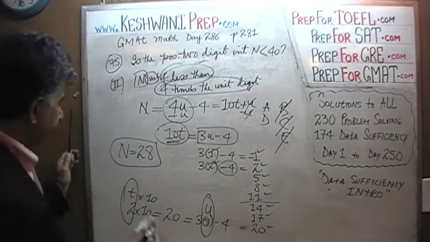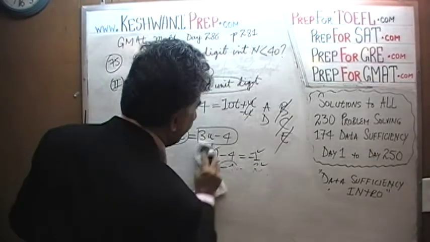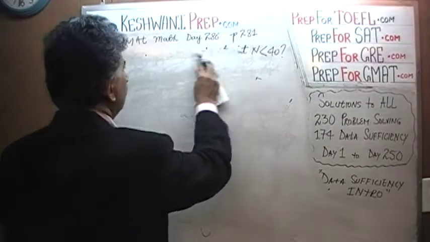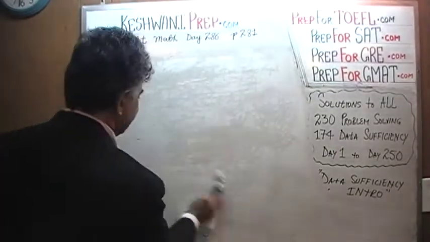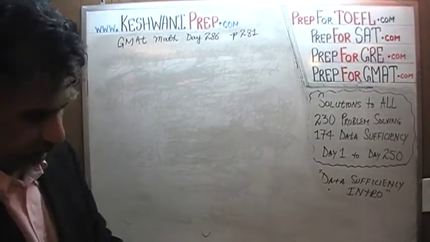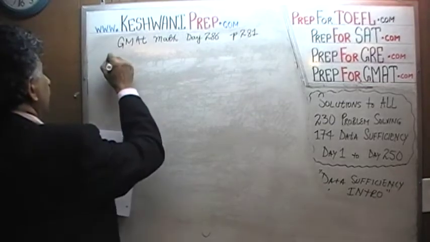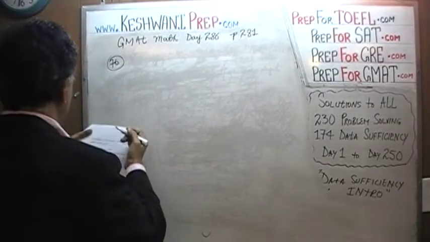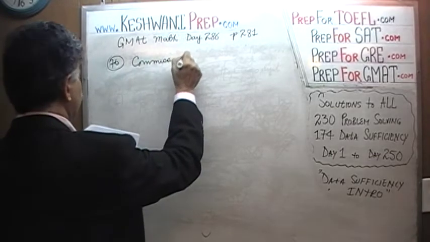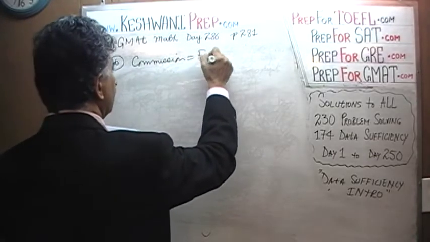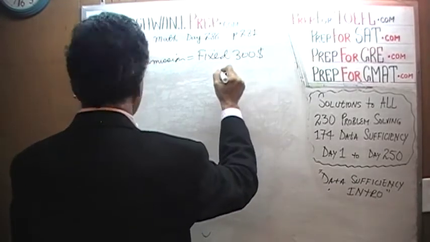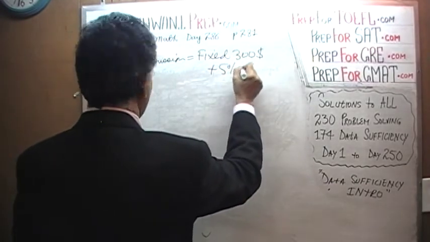Number 76. In 76 we are told that the commission is equal to the fixed $300 of salary plus 5% of